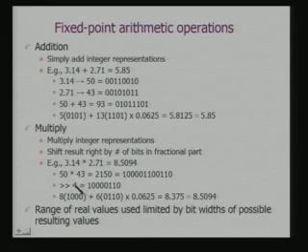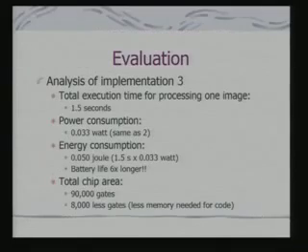This boils down to adjustment of the binary point. So the range of real values used is limited by the bit widths of possible resulting values, but what is more interesting to note is that you are actually using straightforward integer operations to deal with real valued calculations. So that reduces the instruction count substantially, and that is one of the reasons why I said that we might like to do this kind of high level transformation of the task graph nodes to get an optimal solution. So this is a transformation that we are doing because we need it.